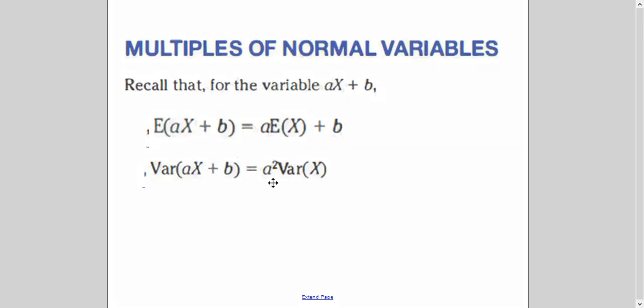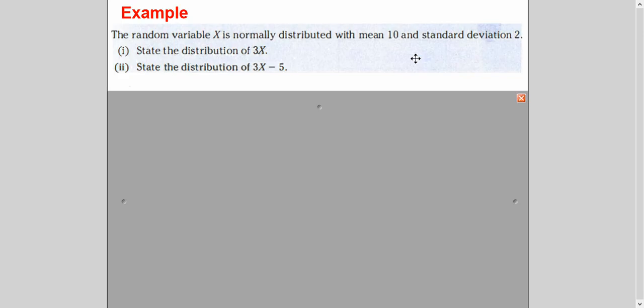So we will use this formula, and we have seen in detail the application of this formula in video number 1. When we have a linear function given to us and we have to find the new mean and variance, the mean is a times mean of x plus b, where b is a constant, and the variance becomes a square times variance of x. The variance of a constant is 0, so we don't mention it. This is what we will keep in mind when we are doing multiples of normal variables.